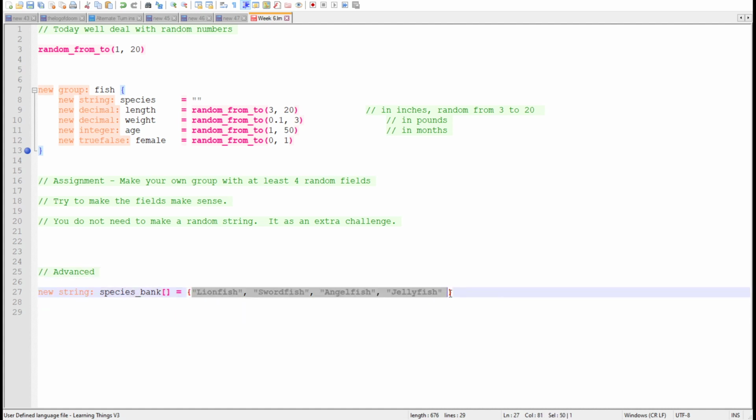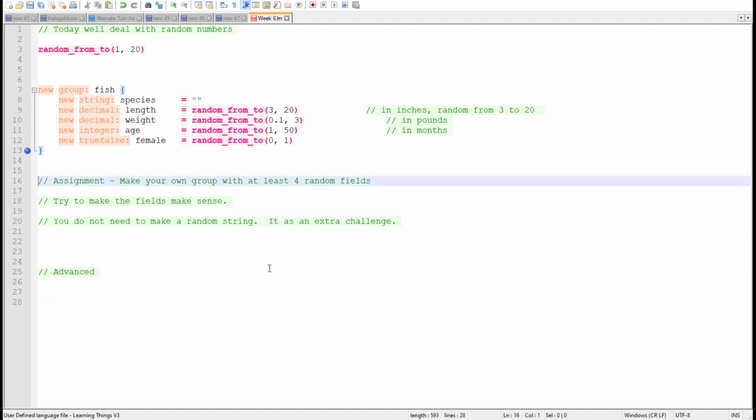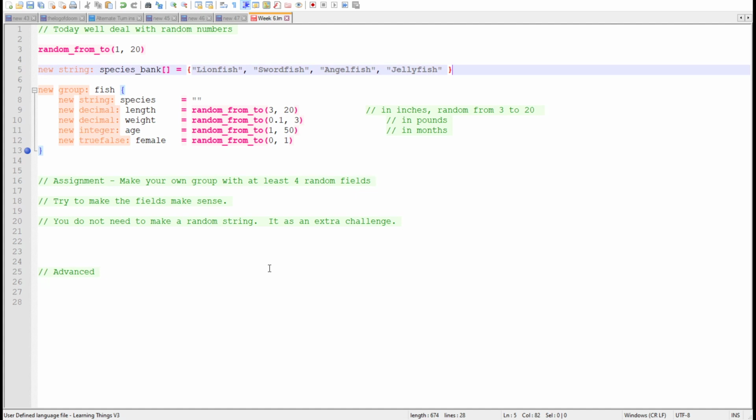things to choose from. So here I made a bank of species names it could pick from. So I picked lionfish, swordfish, angelfish, shellfish, just some examples. And then I can have the computer pick from this string like this. Actually, let me do this. New string. So this is defined first, so now we can use it later. And then I can put,